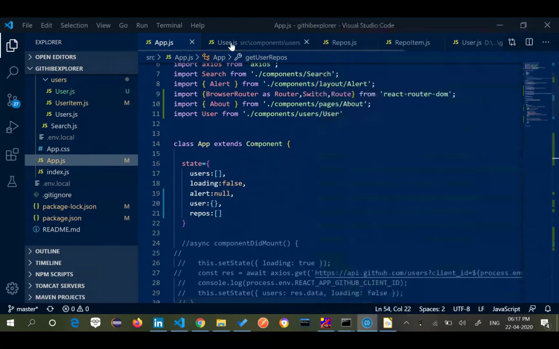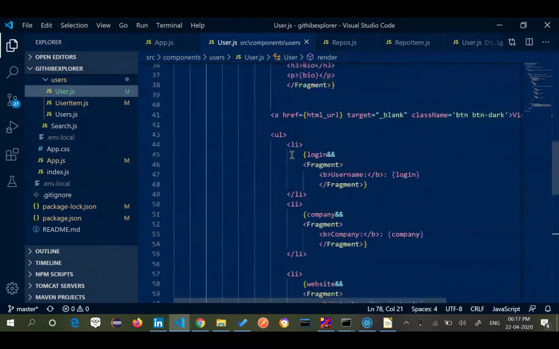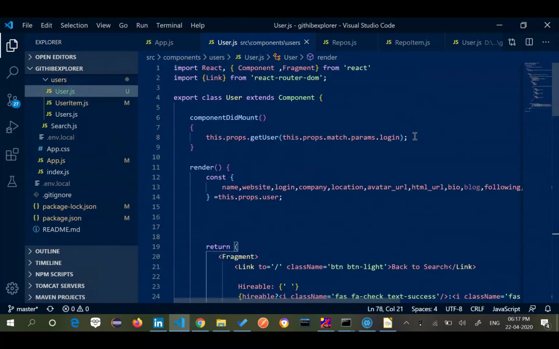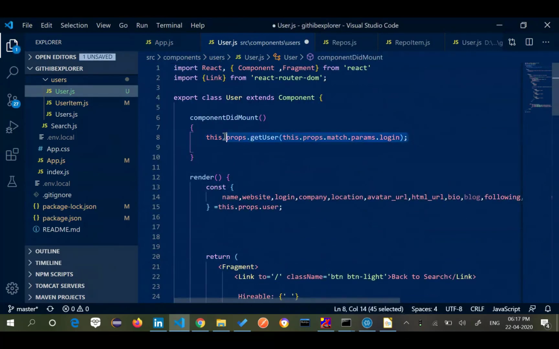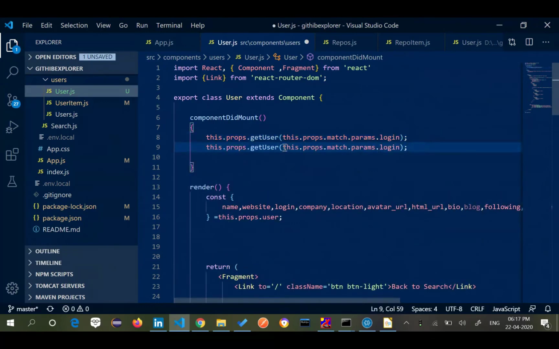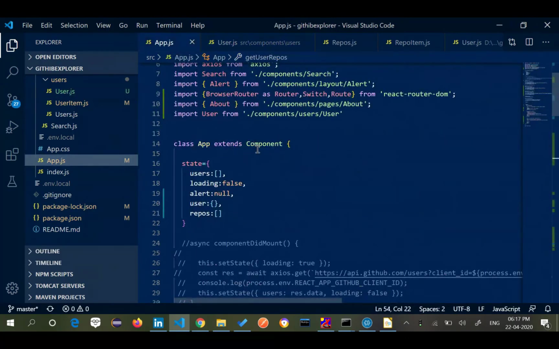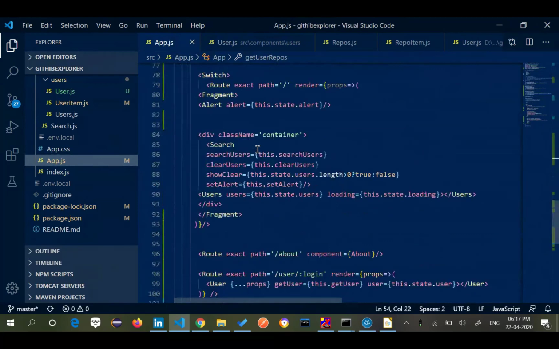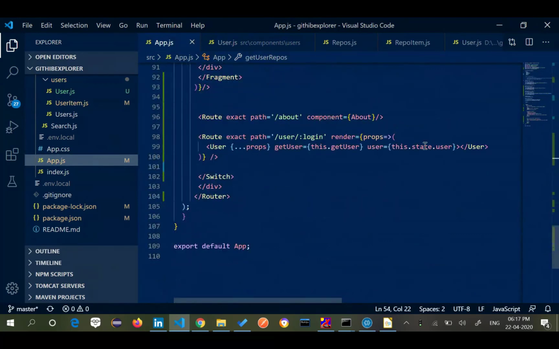Now I need to connect it with my user.js. I will make a call from here because it requires a username. So I'll just copy paste this and change it to getUserRepos. This will make the call. And in my app.js, there is again a two-way implementation going on.